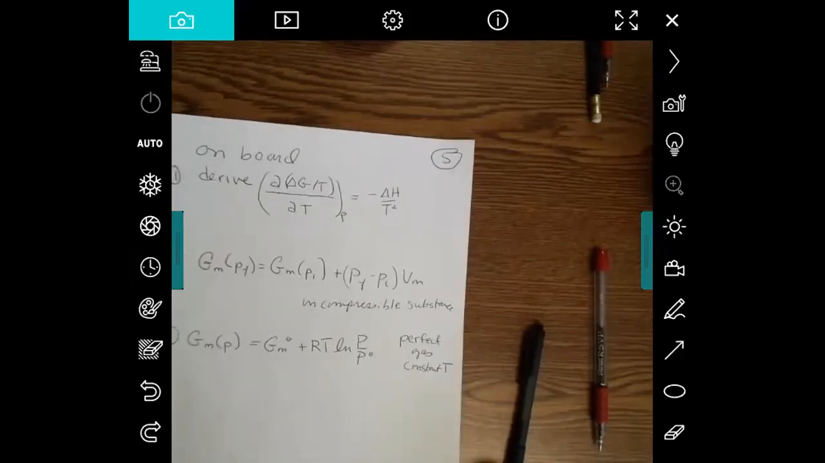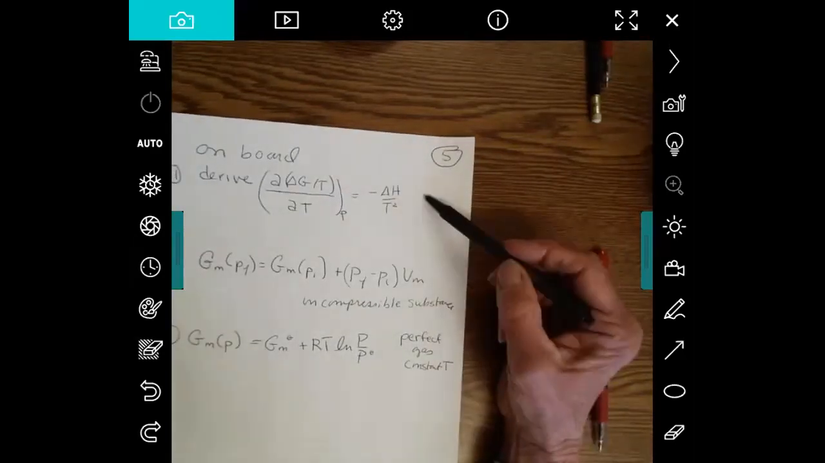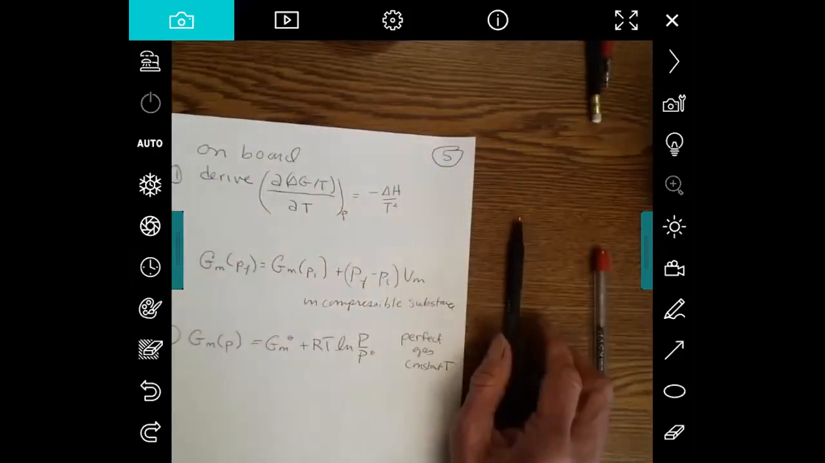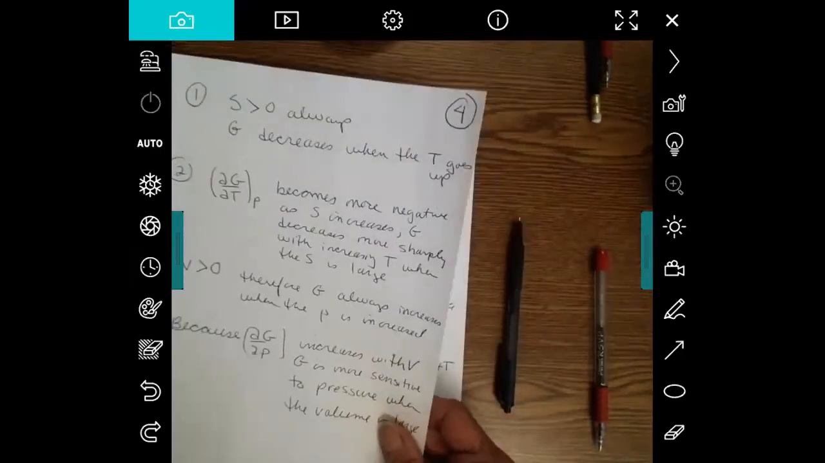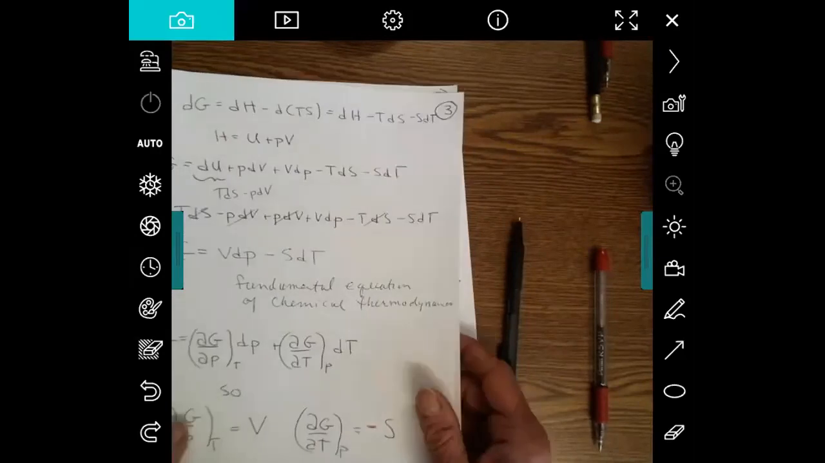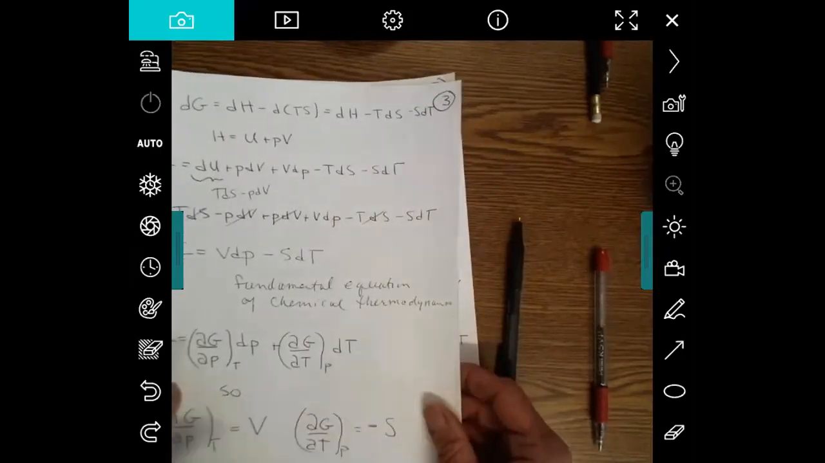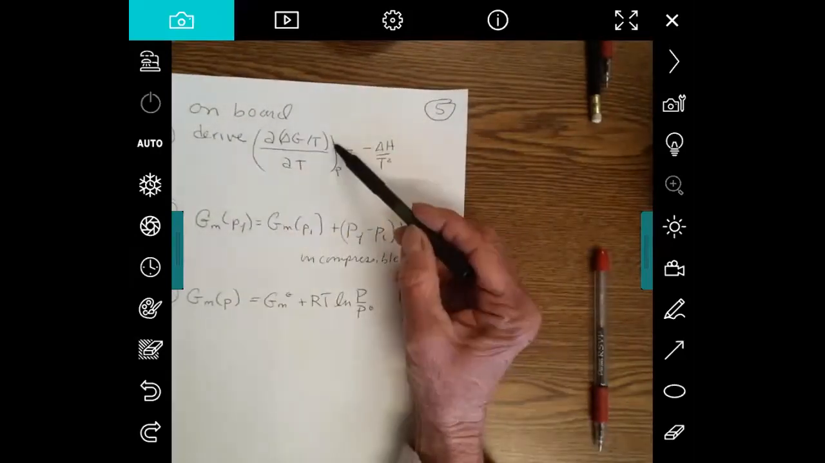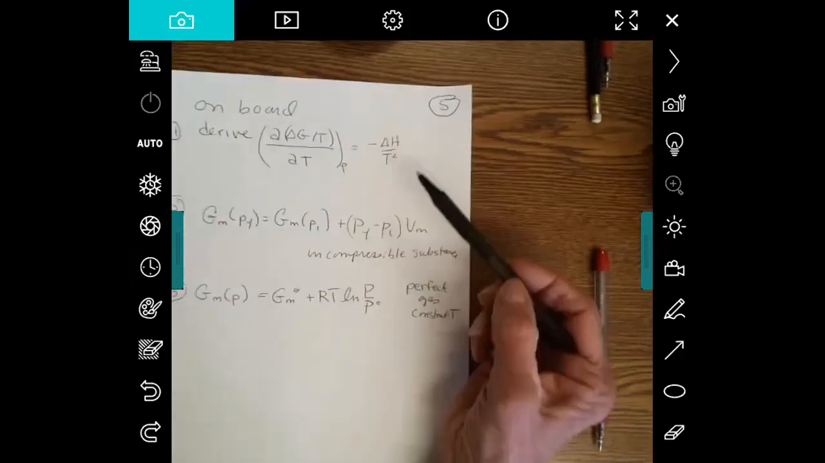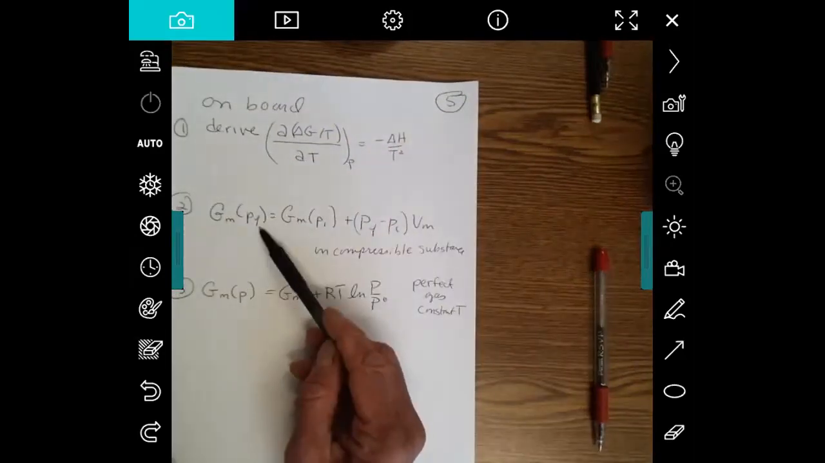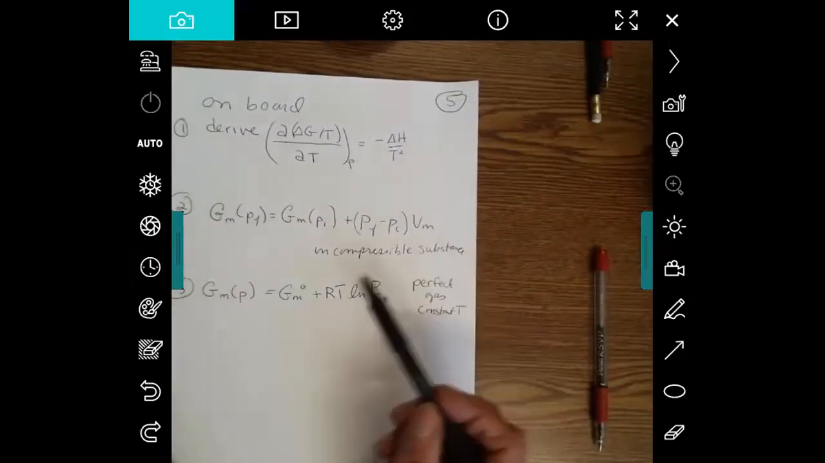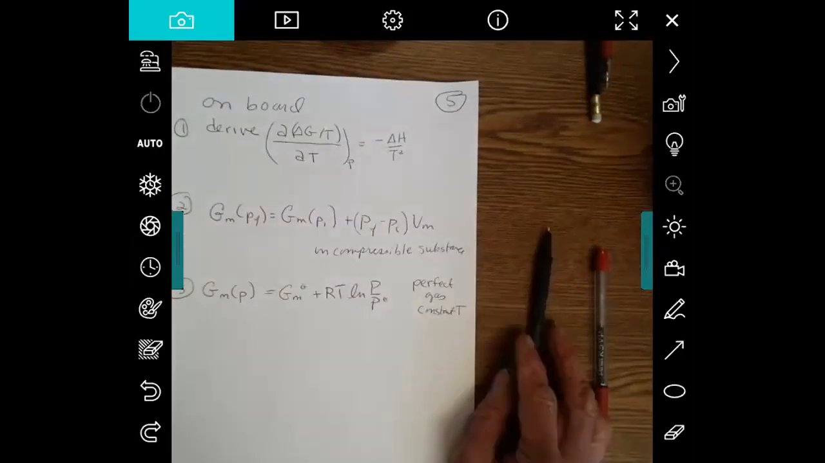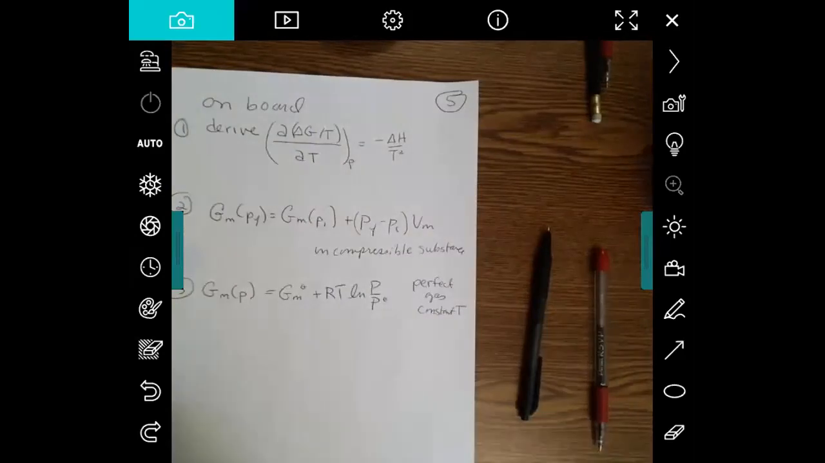So we will derive these on the board. So each of you will get the privilege of putting one of these on the board. So how do we go from these partial derivatives being equal to volume and negative S to the equations that they give you on the board, which relate how Gibbs free energy changes with temperature to a delta H, how Gibbs free energy changes with pressure if you have a compressible substance, and how Gibbs free energy changes with pressure if you have a perfect gas. So each of you will put one of those on the board when we're together